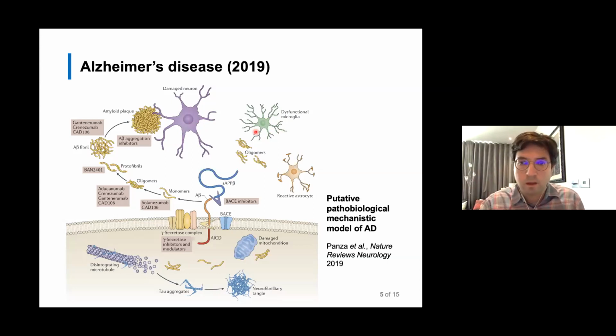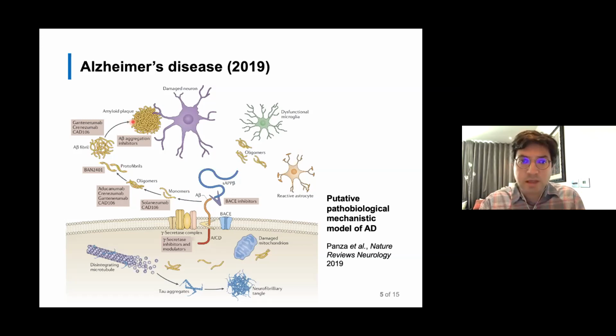astrocytes, microglia. So the current thinking concerning the amyloid explanation is that on the neuronal membrane, we have a protein called APP. This protein gets cleaved by various enzymes, leading to the generation of that beta peptide I mentioned a couple of slides back. This peptide, the monomers of it, form oligomers. The oligomers go on to form amyloid plaques.